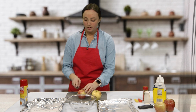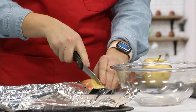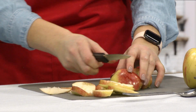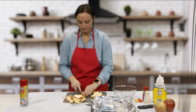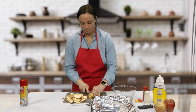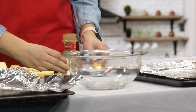So first we're going to take one of our apples and carefully with a knife, you may need help with this, we're going to slice our apples approximately 1/4 of an inch thick, making sure they are nice and thin, similar to the size of a chip. And we're going to do this for both of our apples. So we can do this by slicing in half first. So once you're done slicing your apples, we're going to measure out 1/2 teaspoon of cinnamon, 2 teaspoons of sugar,